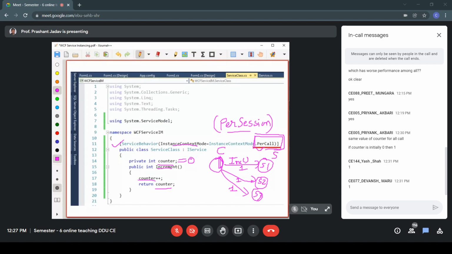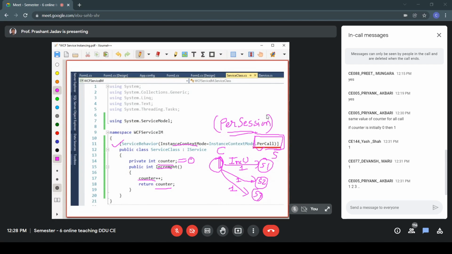If it is per session, then instead of per call, if you set it to per session, then we should get the next values: 1, then 2 and 3. Okay. Depending upon what we are setting, here we'll get 1, then we'll get... So now a new instance will not be created. In fact, okay, in per session,